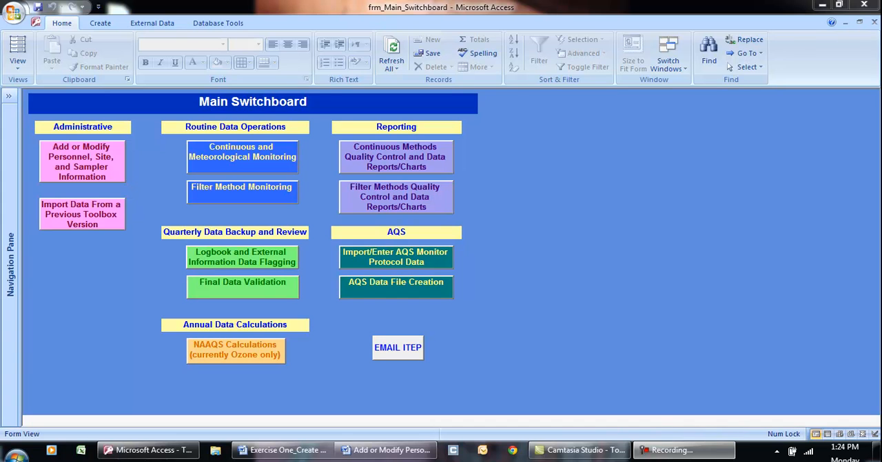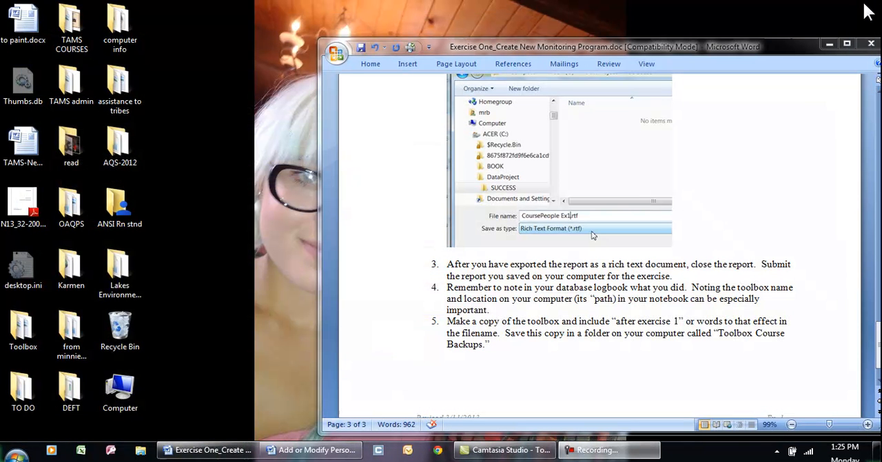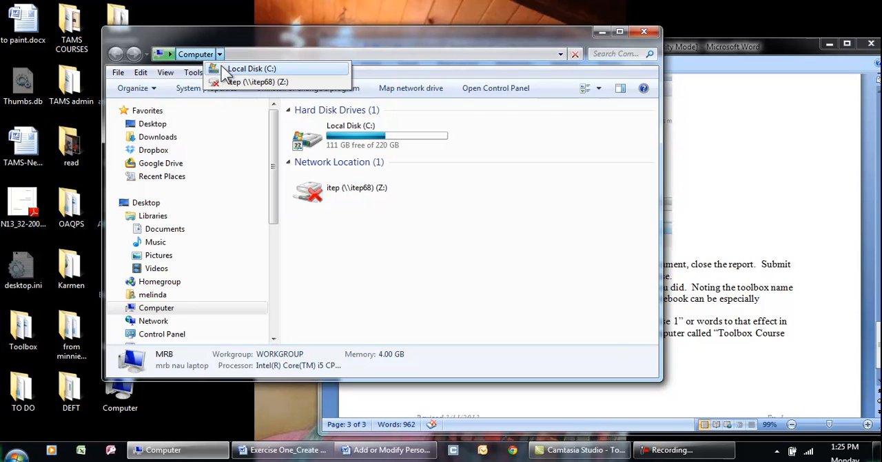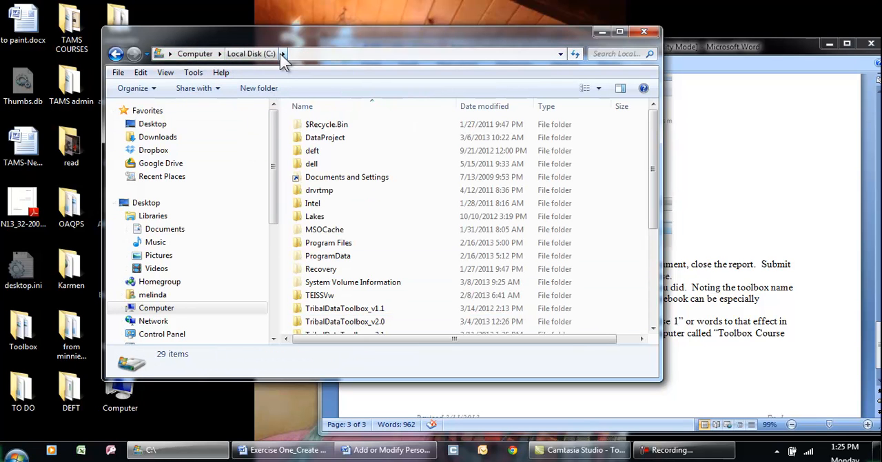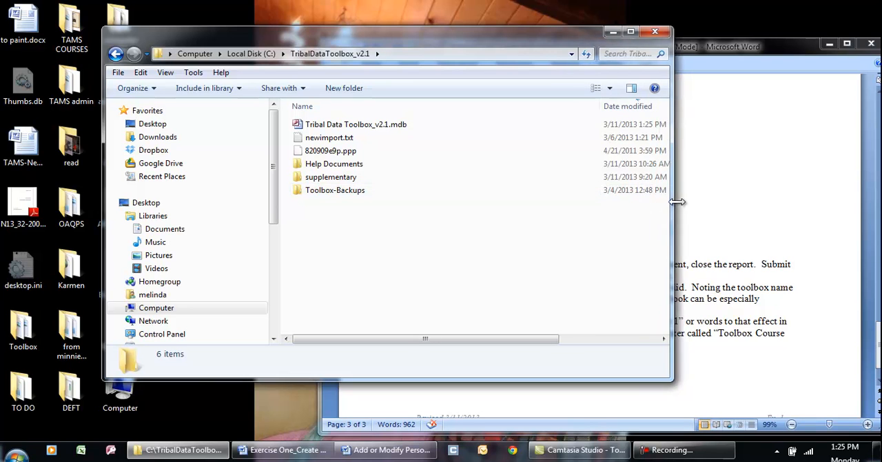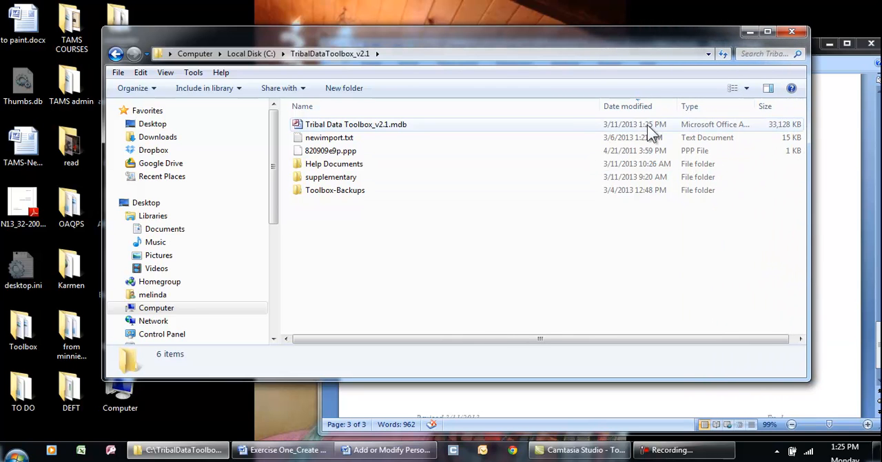So again, in order to make a copy of the toolbox, I have to get out of it completely, then navigate to it. It's on my C drive in Tribal Data Toolbox version 2.1, and this is the one that I've just been working from. I know it's the one I've just been working from because I can look over here at date modified, and it was modified just now. And so I'm going to right click it